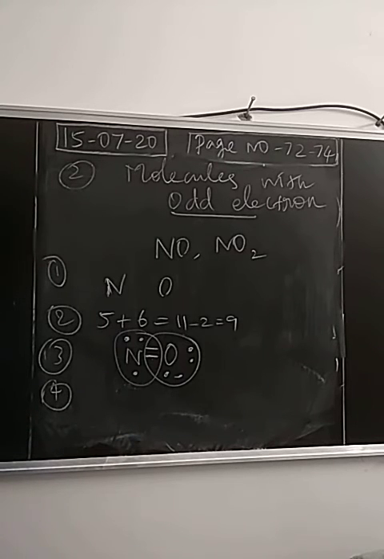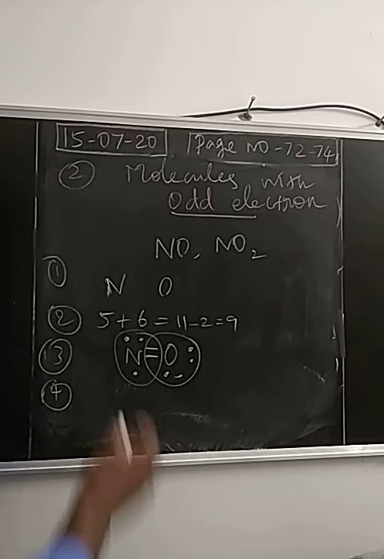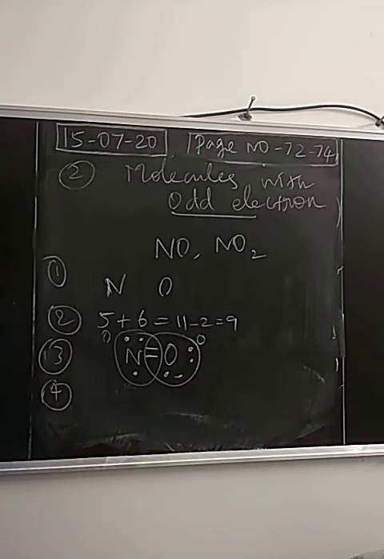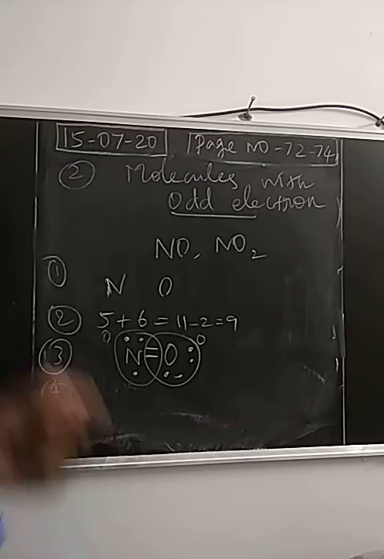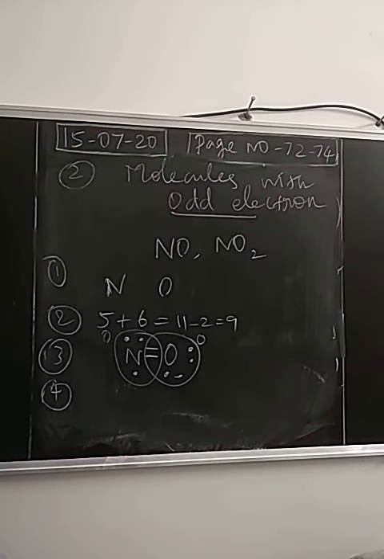The same method you can adapt. How to calculate formal charge for nitrogen as well as oxygen? You may calculate formal charge. The formal charge value is 0 for both atoms. Right? You just calculate the formal charge yourself. I won't take much time because I have already completed 2 examples, how to calculate formal charge for carbon dioxide as well as boron trifluoride. The calculation of formal charge is over. For the remaining examples, you just calculate yourself. Try yourself how you are getting the formal charge value.